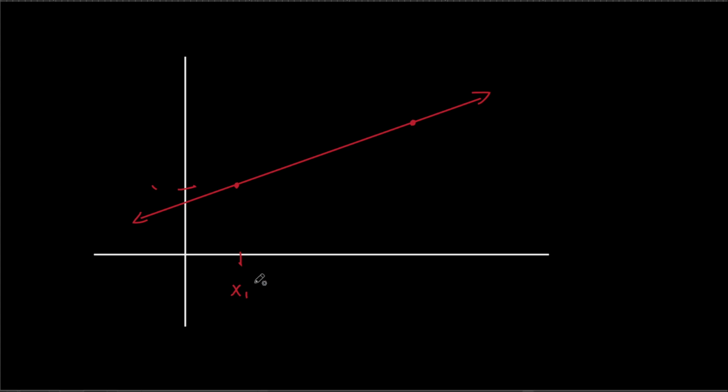Well, I went over x1, so I'm going to go up what? y1. Very good. Okay. What about the second point? I'm going to come, let's see where this drops down to, about right here, it looks like. Just eyeballing it. Call this x2. All right. So how far up do I go then? That would be about right here. I go up what? y2. All right. You with me? All right. So